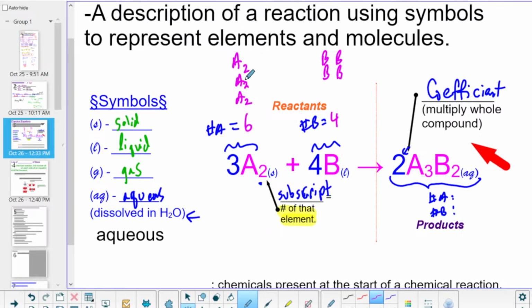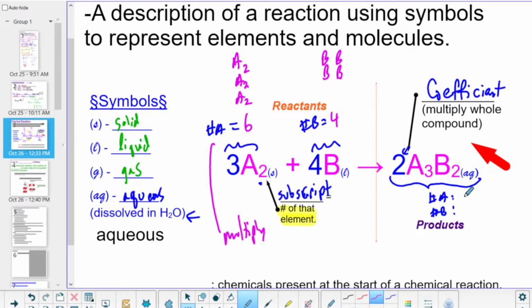And then there's 3 of those. So that's 2, 4, 6. So it's always multiply, and you multiply across the whole thing. So if we were to do the last one here,